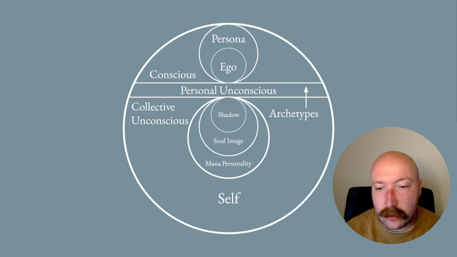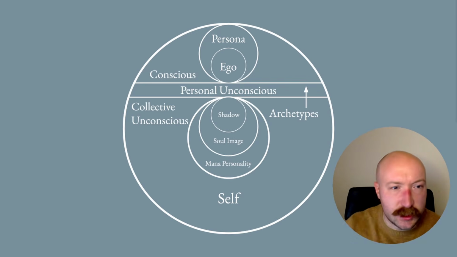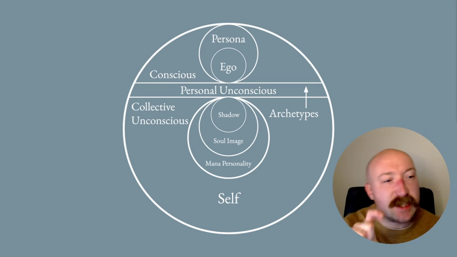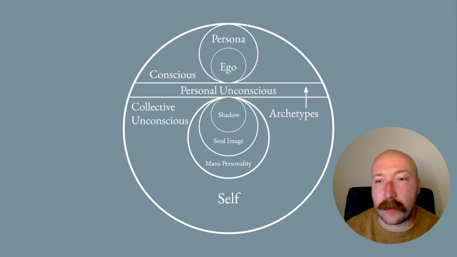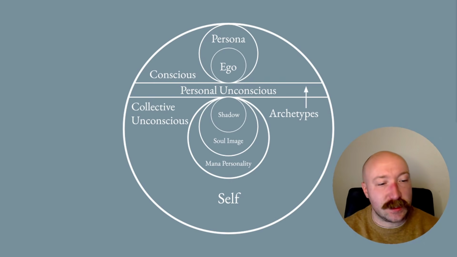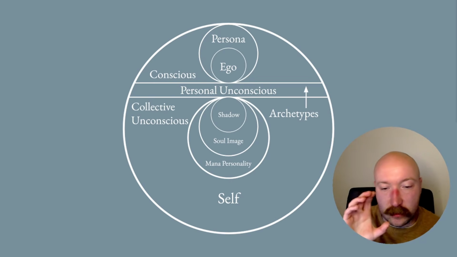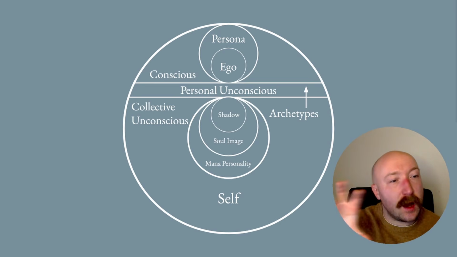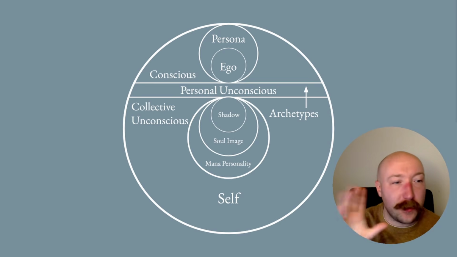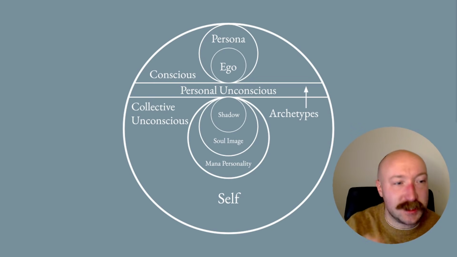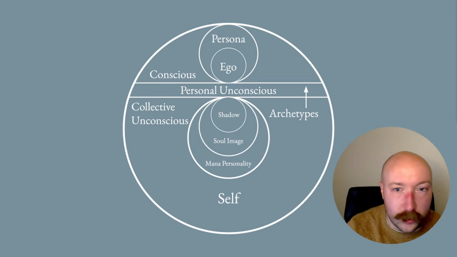Now, looking at the other parts, the shadow and the persona, we're going to go into specific talks on them, and the soul image will come up later. But you will also notice that, much like the yin-yang symbol, people often focus on the black with the white spot in it and then the white with the black spot in it. There's a third part to that, which is the ring around the whole thing, and people often overlook that. And so you'll notice here there's a huge word, self. It's a whole thing.